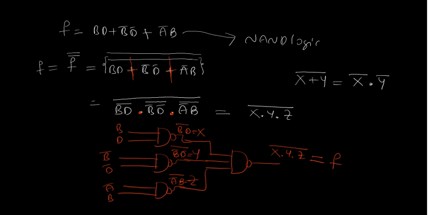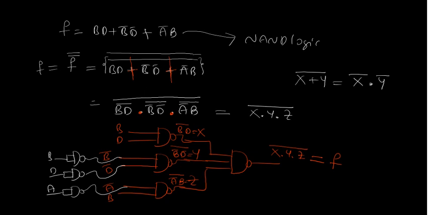Next, in order to represent B bar and D bar, just now I explained how to get B bar. You can give B to one NAND gate, so that you will get B bar. And how to get D bar? If you give D to a NAND gate, you will get D bar. Same thing: if you give A, you will get A bar. You have to remember here, you need to combine two inputs and give them to one variable, so that you will get the complement of that particular variable. So this is the other way.